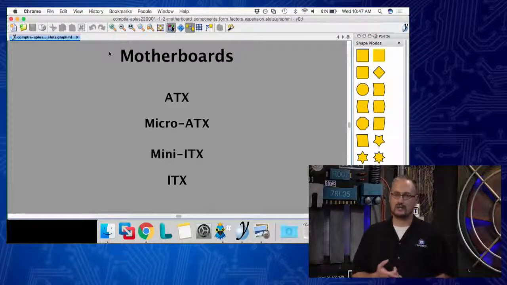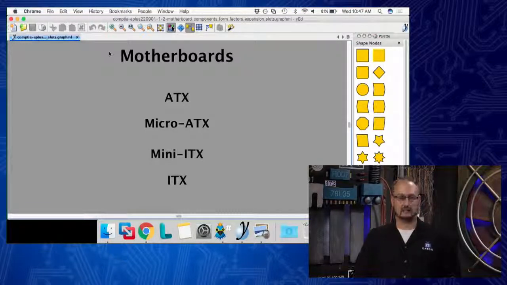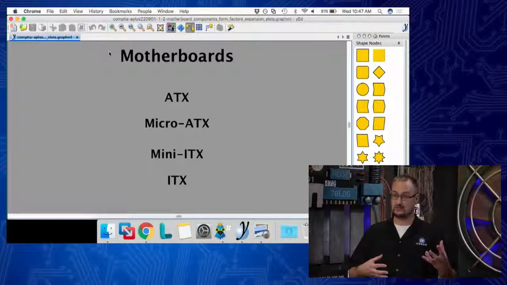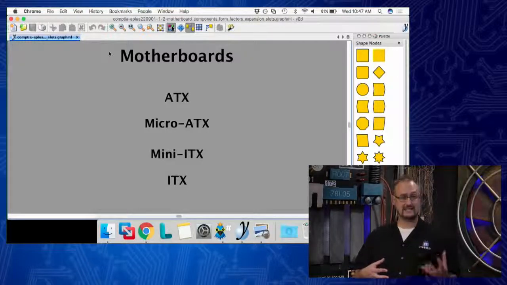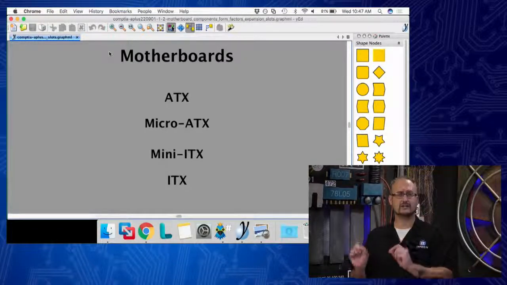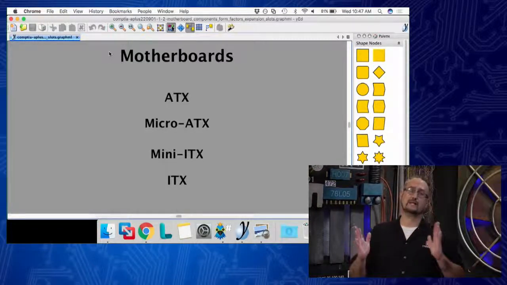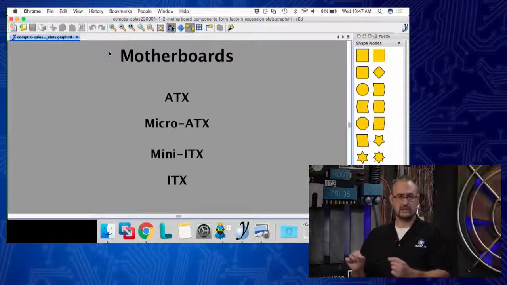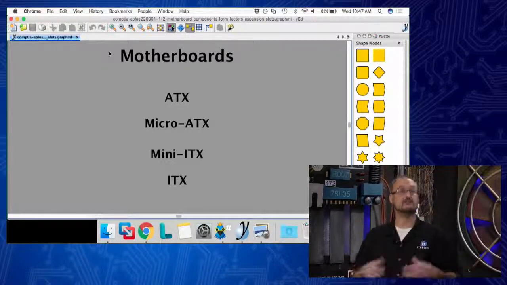ATX is a 12-inch by 9.6-inch motherboard, all right? And this is why you could probably start to see case is important, right? Because if I have an ATX case, it has notches in that case where I can align the ATX motherboard to it, and then I can screw the ATX board to the side of the case when you're making or